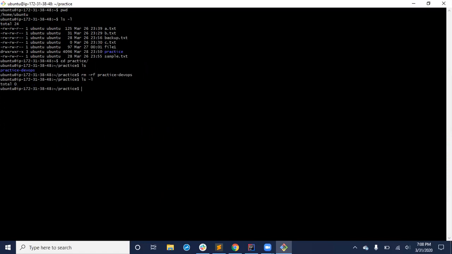If you don't give -f, for every file it will ask you, do you want to delete? So now in this place, home Ubuntu practice, I don't have any files. Let's do the git clone of my repository.